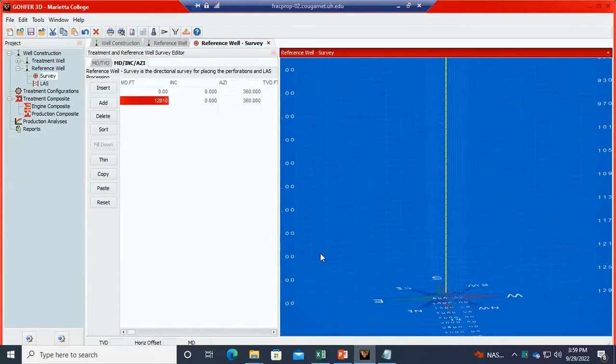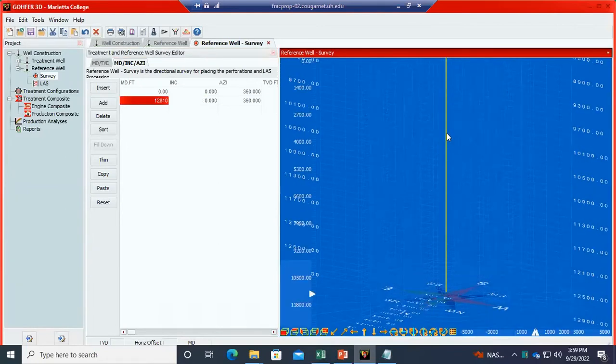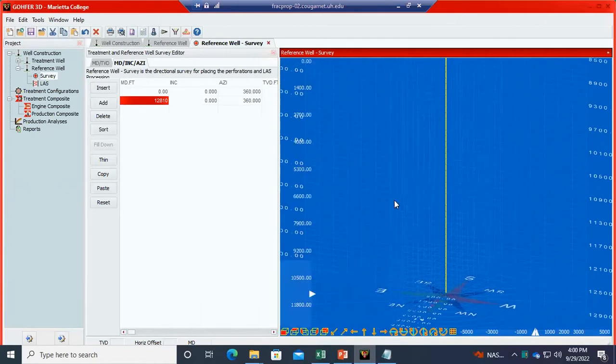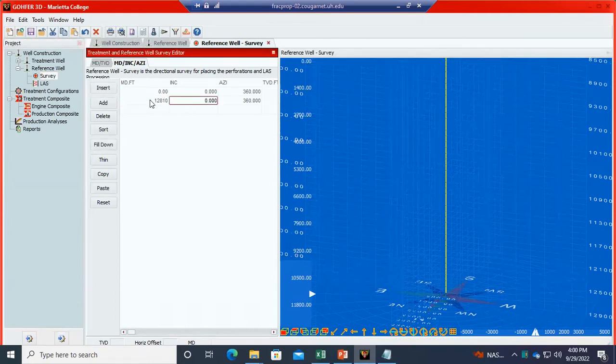So our well is created vertically, and if it's horizontal, you will show your well and get familiar with its survey and start to rotate it, like any 3D visualization. So you define your survey for your well, but before